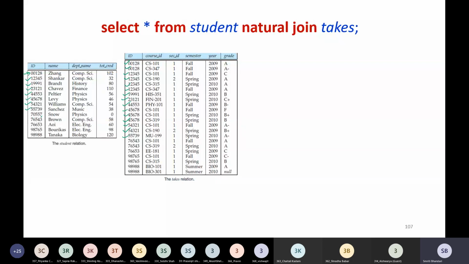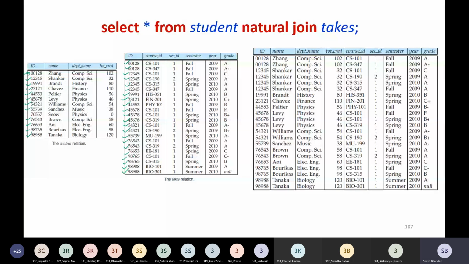What does this mean? This means that the student with ID 70557 has not taken any of the courses, and that is why this student ID is not present in takes. Now, the remaining IDs are available in my takes relation. So what we observe here is that the student with ID 70557 has not opted for any of the courses.